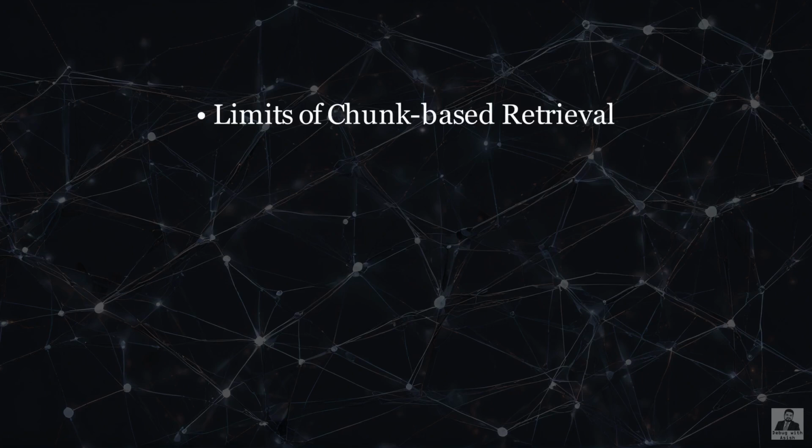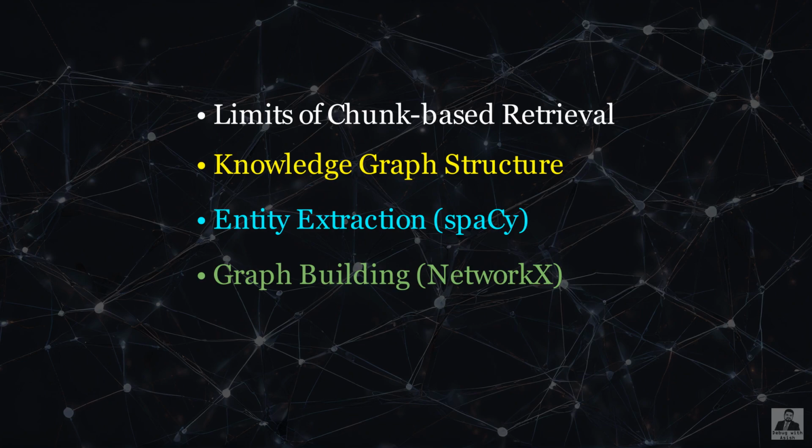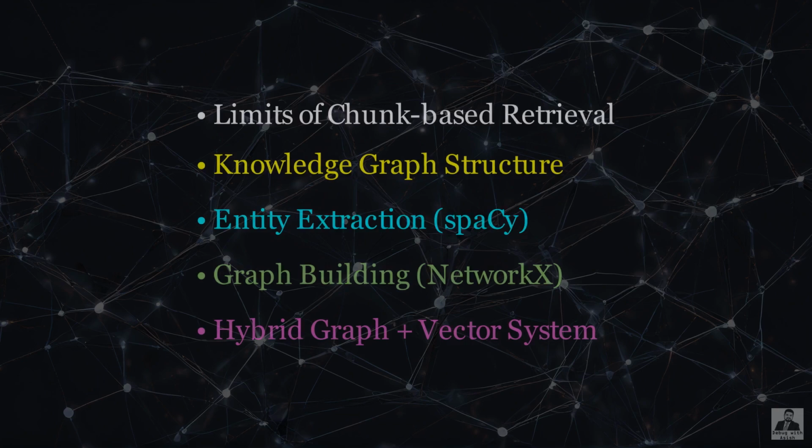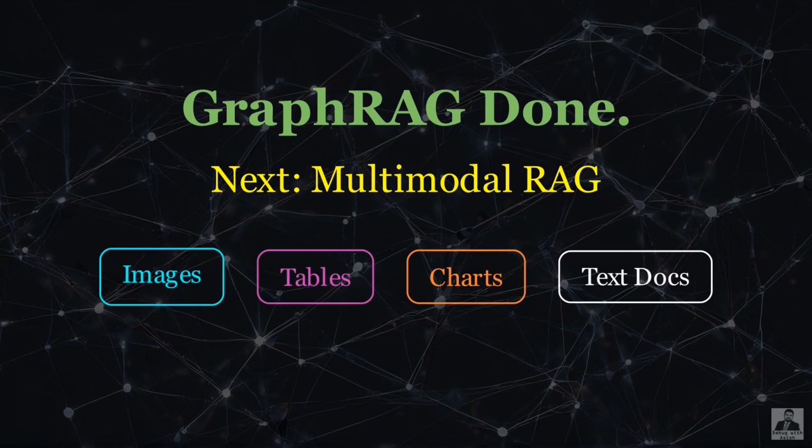You now know why chunk-based retrieval misses relational questions, how a knowledge graph stores entities and relationships, how to extract entities with spaCy, build a graph with NetworkX, traverse it for structured context, and combine that with vector retrieval for a hybrid system. In the next episode, we cover multimodal RAG, how to retrieve and reason over images, tables, and charts alongside text